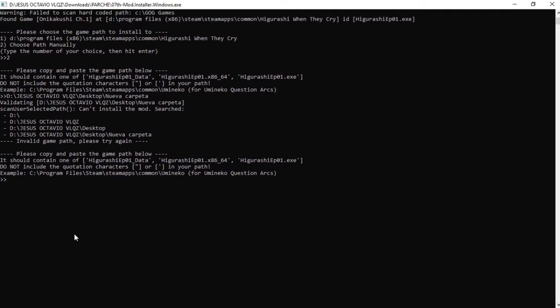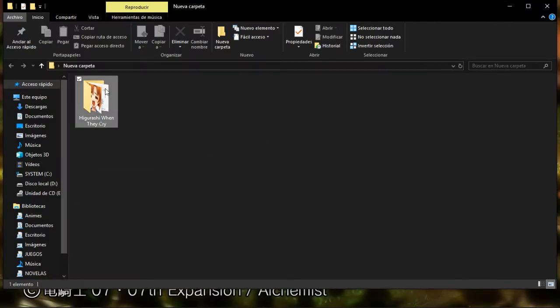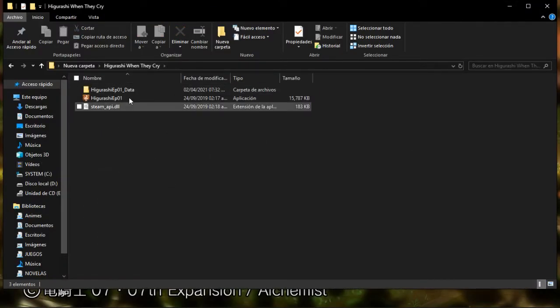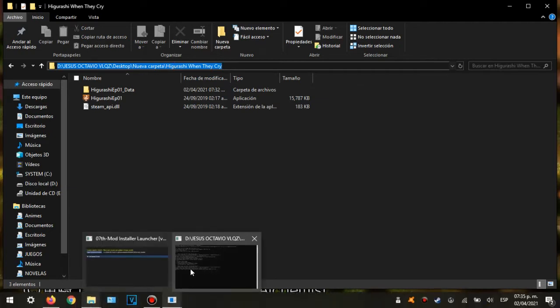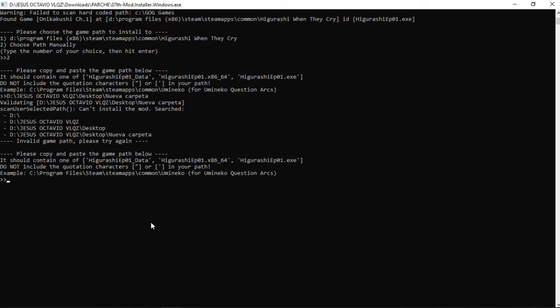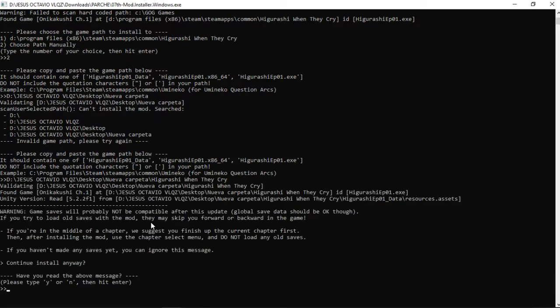Oh, I got it wrong. This one, you need to copy the folder where your exe is. So I'm going to press Ctrl C and then paste it again. Okay, now